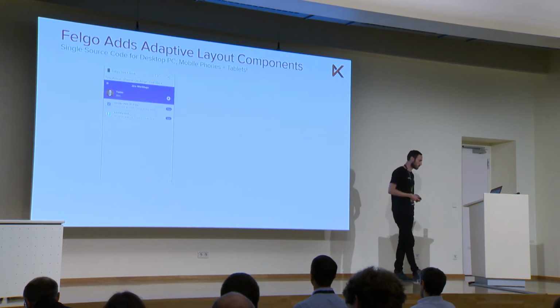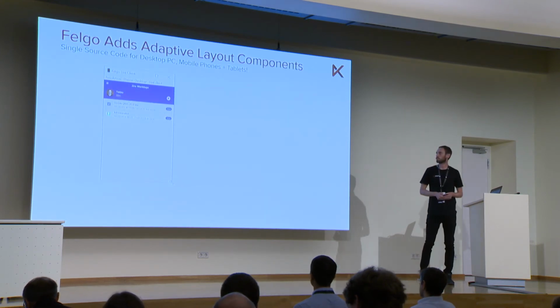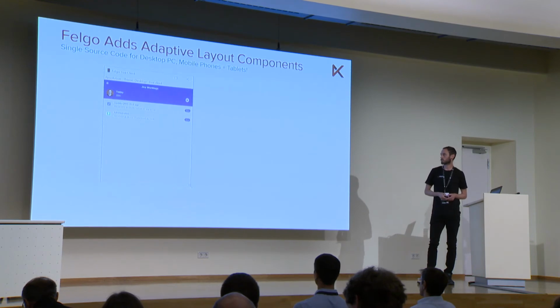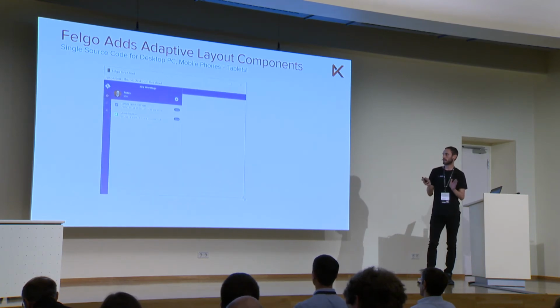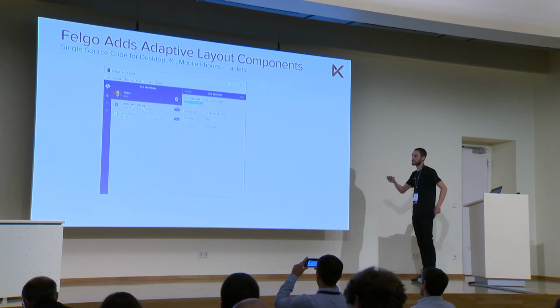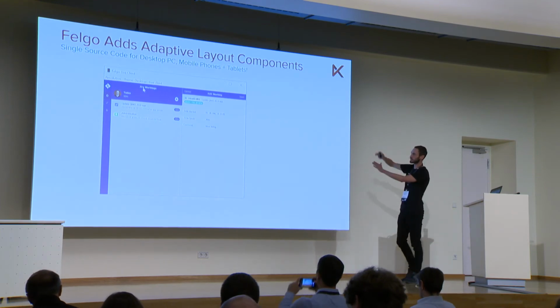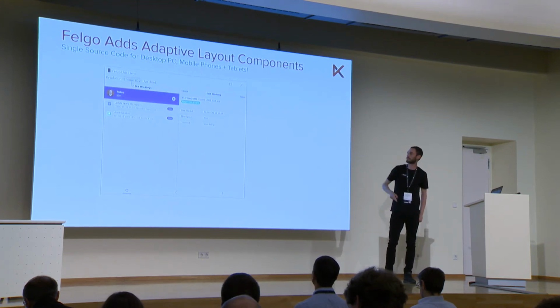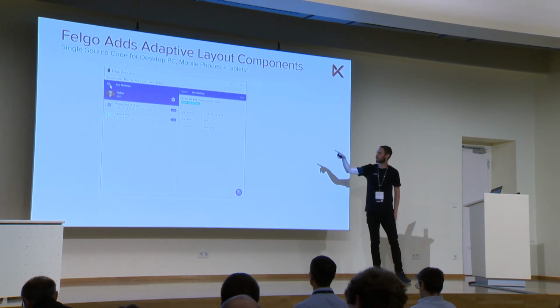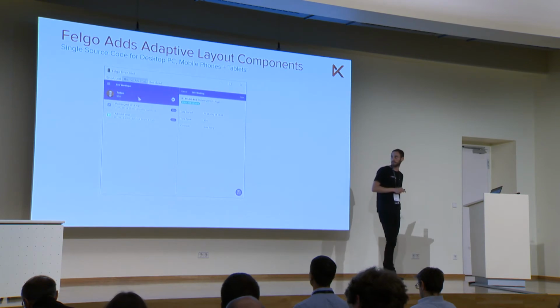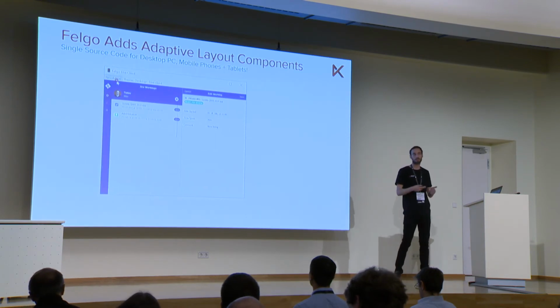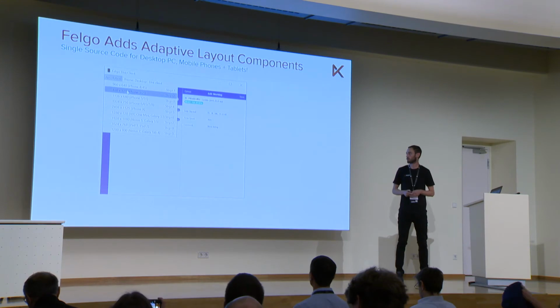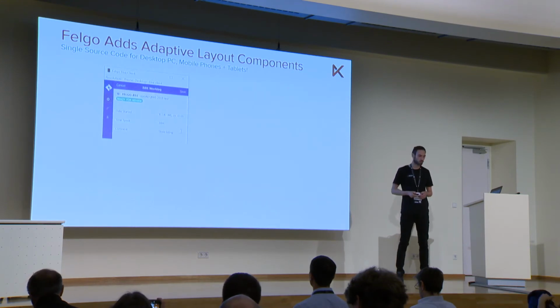Also, if you need to develop for multiple screen sizes, the FELGO APIs make it possible to adapt the screen layout dynamically based on the screen size that is available. So as you can see here, there's a master detail view now popping up on the desktop platform. You can see on the left-hand side navigation, there are some icons popping up. On Android, the navigation drawer is behaving and looking differently. And all of this is happening automatically. You can even simulate different DPI, so density values, on your PC while you're developing,